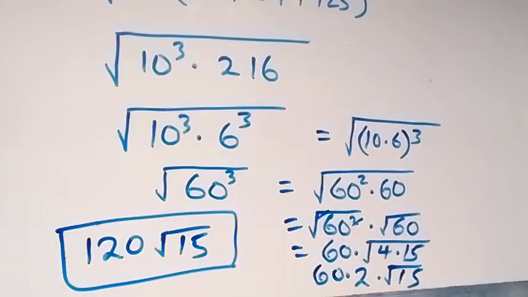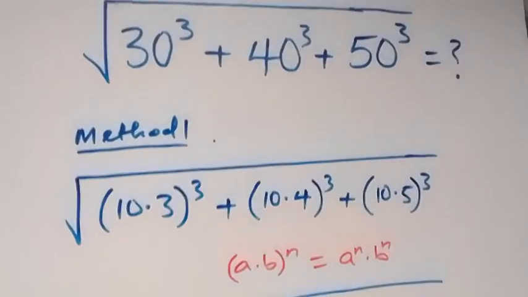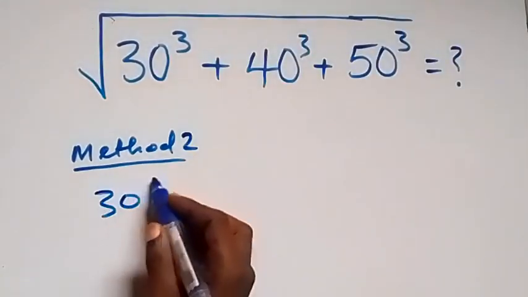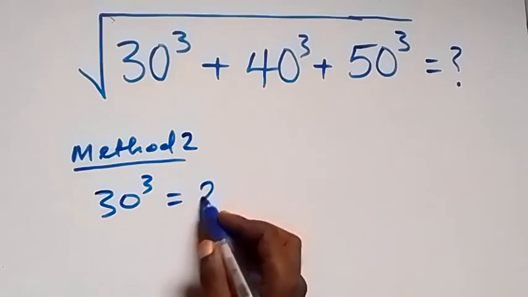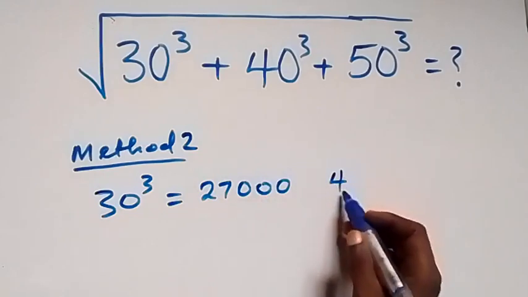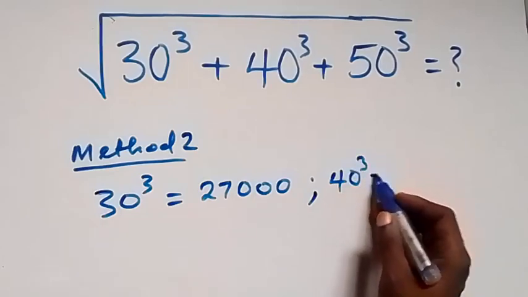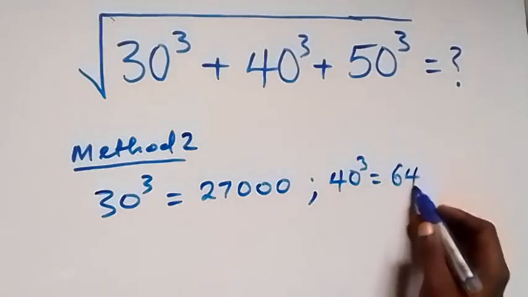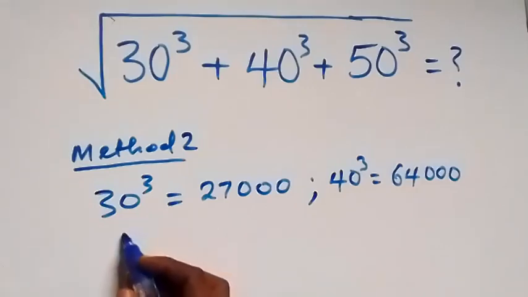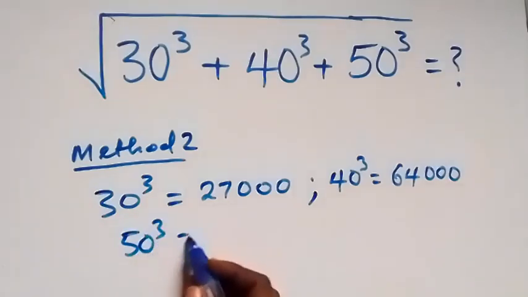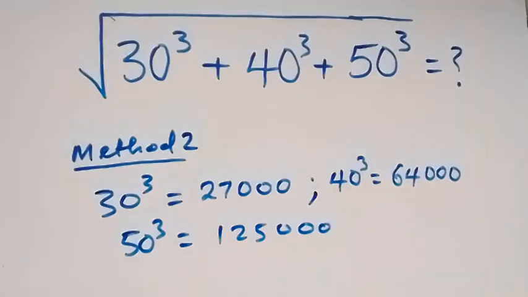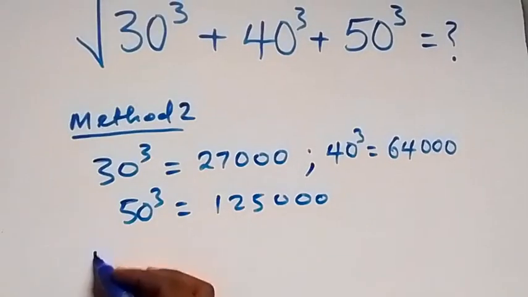And also we can use another method from here. 30 raised to power 3 is 30 multiplied itself 3 times, which can be written as 27,000. Then also 40 raised to power 3, also 40 multiplied itself 3 times, which is 64,000 here. And also 50 multiplied itself 3 times, that gives us 125,000. Then what we have now can be written as square root of